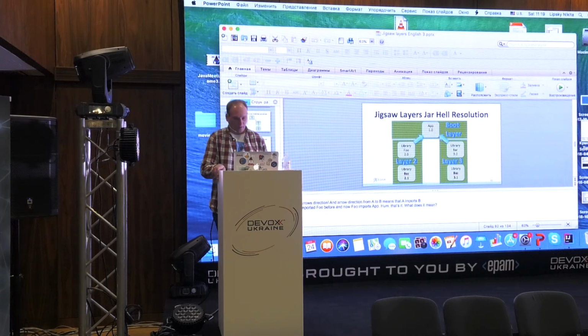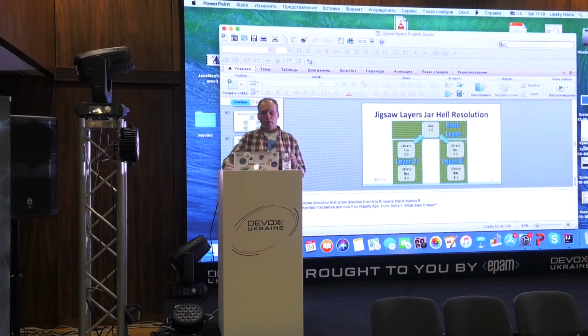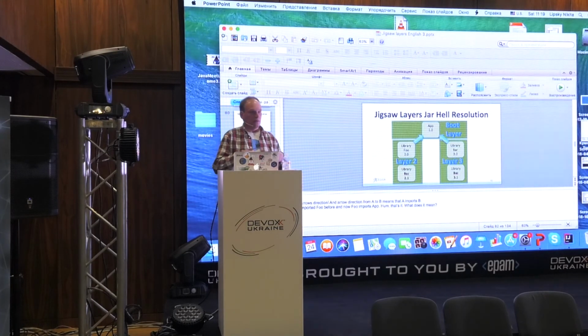Okay, that's a great question. Of course, at runtime, objects can move in any direction, so two different classes with the same fully qualified name can meet.